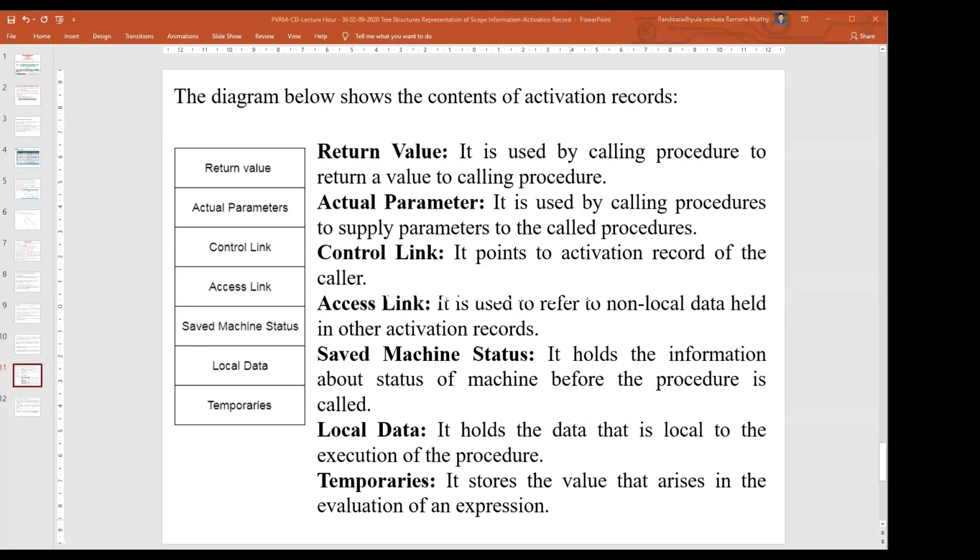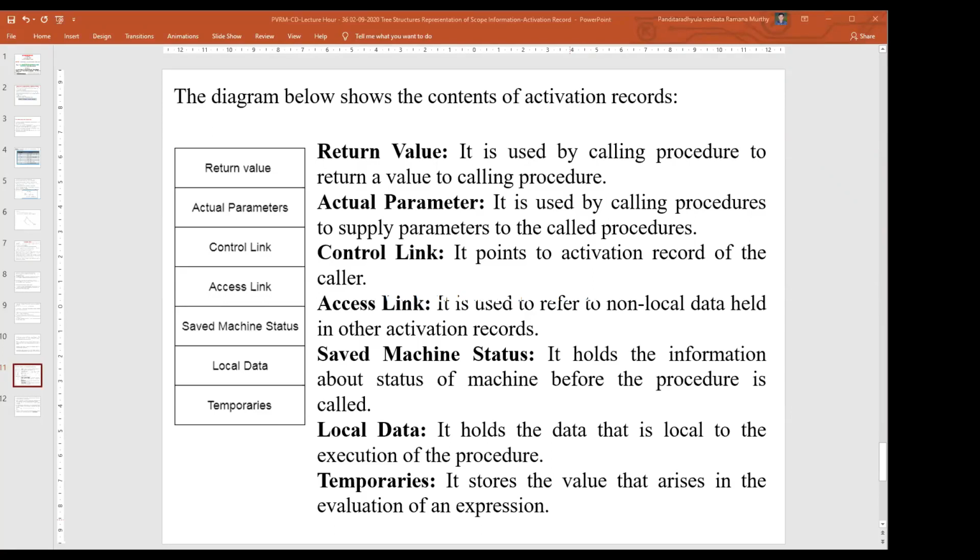One more is the control link. It points to the activation record of the caller. This activation record is calling another procedure, which means that procedure also has an activation record. So the control link points to the activation record of the caller. Similarly, the access link is used to refer to non-local data held in other activation records.